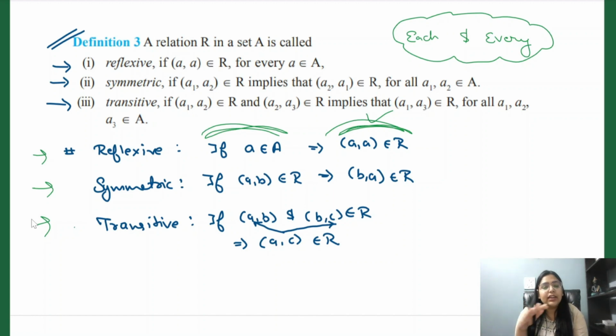In short, in layman's language, to prove anything wrong, if you point out one mistake, they are wrong. But if you want to prove that someone is right, you have to make sure that he is right in every single part. He is not doing anything bad, then he is a good person, he is right. So to prove any relation wrong, even one example is sufficient. To prove it right, we have to check for all possible options. Okay?